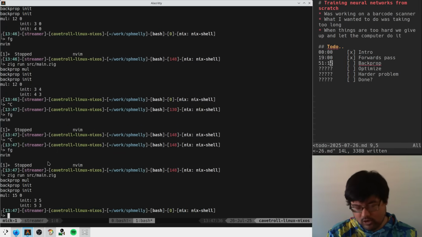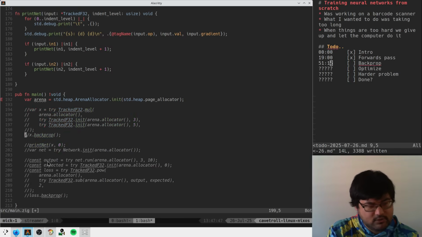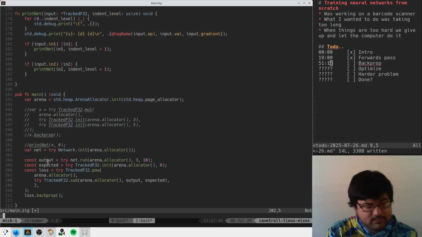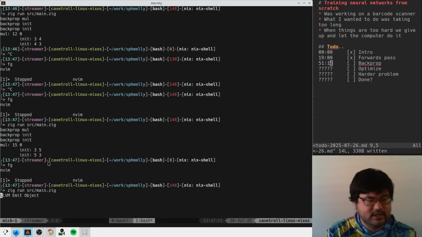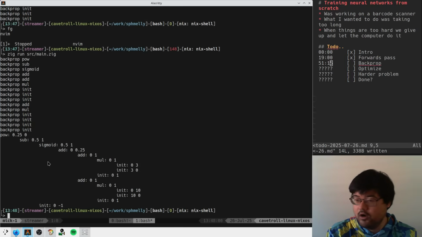And as we get into more complicated cases, we can get a little farther down, right? So let's go back to our more complicated thing. We run our network on these two numbers. We say, hey, how does this thing change the answer? I need to print the network. Oops. From loss. Okay, so here we go. Like if we change the value,